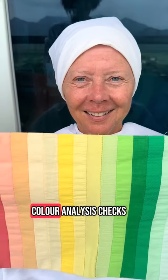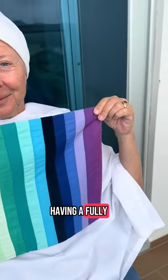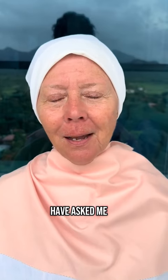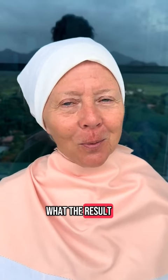When all the color analysis checks and steps were completed on Gala, she ended up having a fully warm skin undertone and being a true spring. If you would have asked me, I would have definitely not thought that that was what the result was going to be. It's really interesting because I could definitely see what you were pointing out, Carol, and was shocked myself